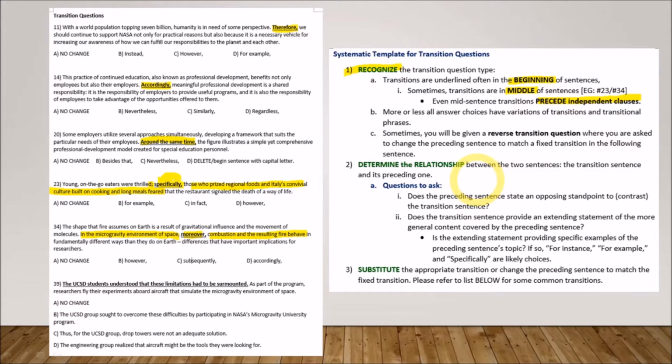In summary, independent clauses most often start at the beginning of a sentence, but sometimes, like in number 23, start after a mid-sentence semicolon, and other times, like in number 34, start after a dependent clause. Finally, the last type of a transition question is a reversed one that asks you to change the preceding sentence to match a fixed transition